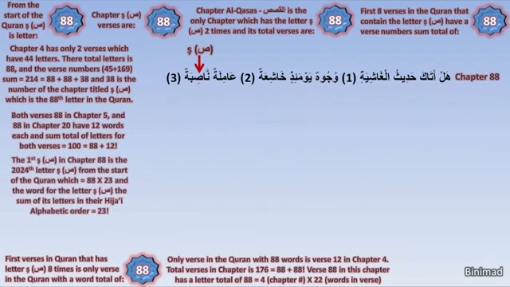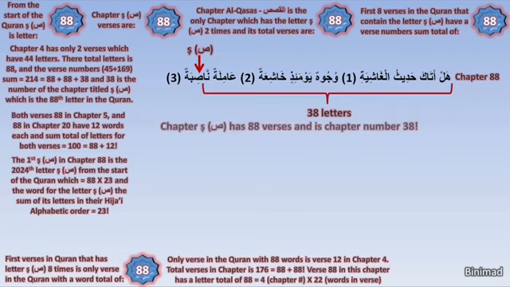Looking even closer at those first 3 verses in chapter 88, we notice that the letter Sad first appeared in chapter 88 after 38 letters. Yes, 38, if you remember, is the number of chapter Sad, the chapter titled simply the letter Sad, and as already stated, chapter Sad has a total of 88 verses. The stunning mathematical code is truly amazing.